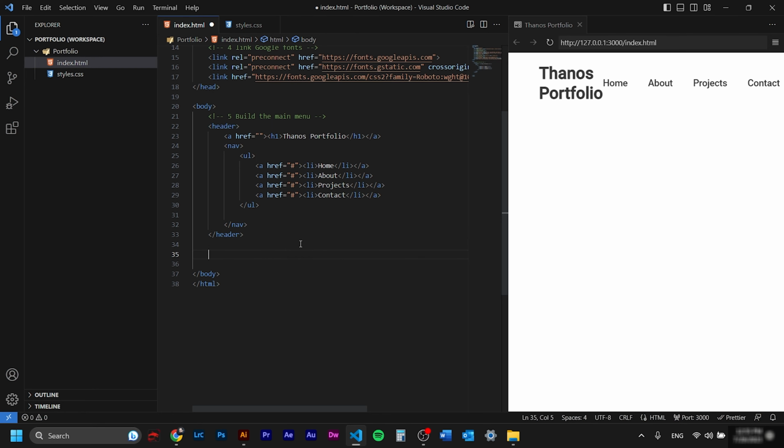After the header, but inside the body, we go and we set a section with a class name of landing. Inside this section, we said we'll do two divs. So we'll have a div with a class of, let's name it part 1. Below it, we'll have another div with a class of part 2. I want to show you a little secret. If you press the dot and you write directly the class name, part 2, and you hit tab, it's going to create the rest of the code for you.